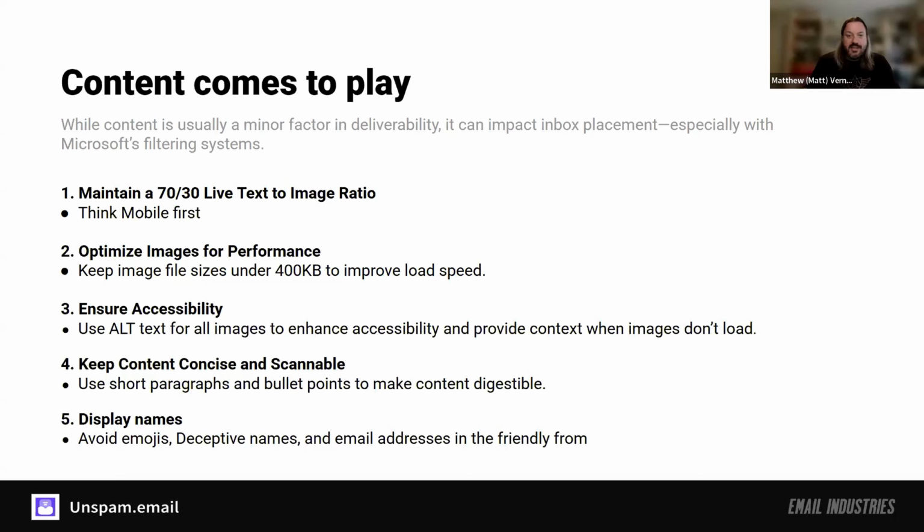Yes, in the questions here, there's a question that says, am I talking about a 70% live text to 30% image? Ideally, that's where you want to be. You want to have more live text than image within your messages. So content should be scannable. Again, people have short attention spans. They receive a lot of email.